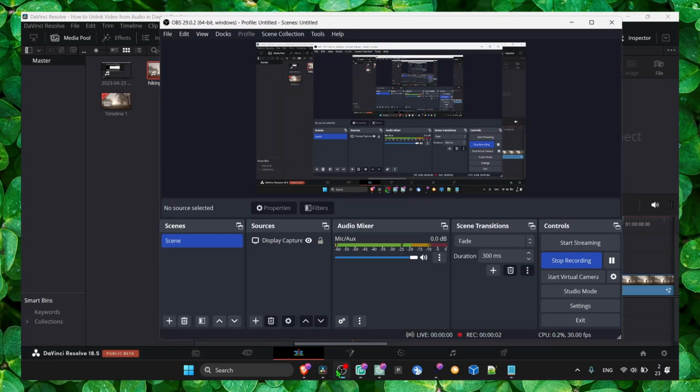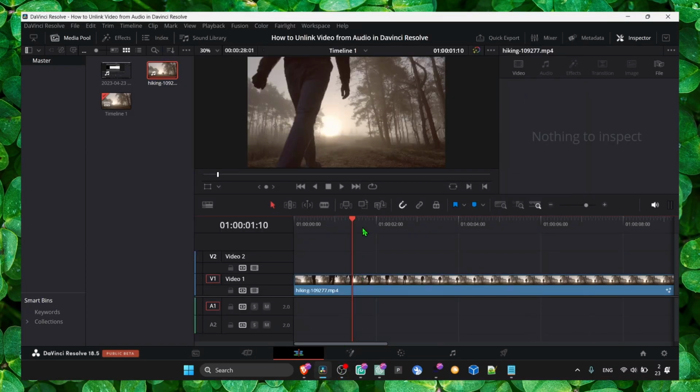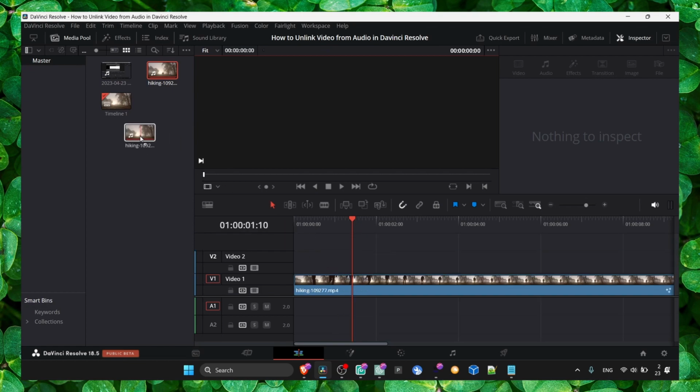How to add motion blur to your videos. So it's very simple. Just import your video, Control I, select your video, drag it onto the timeline, and then